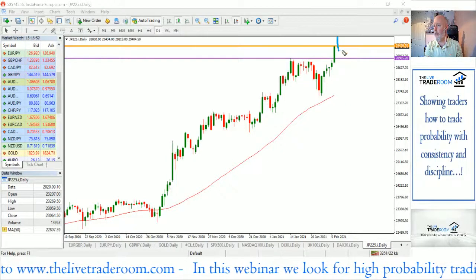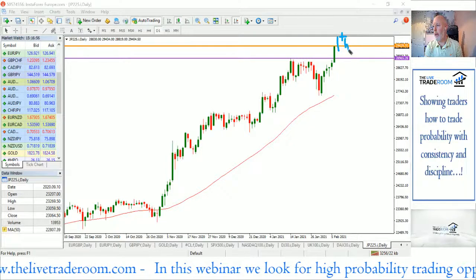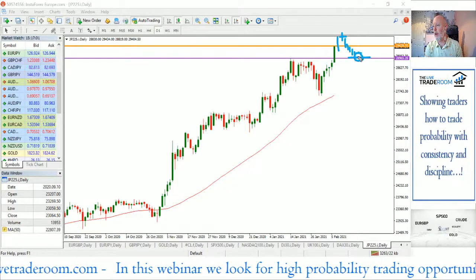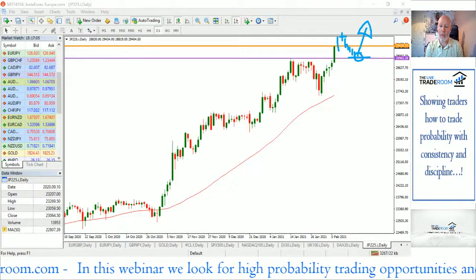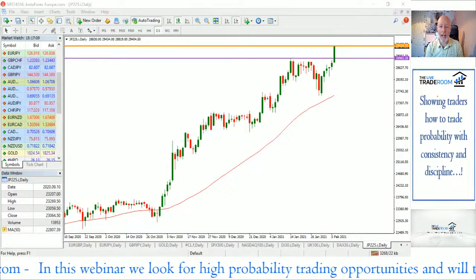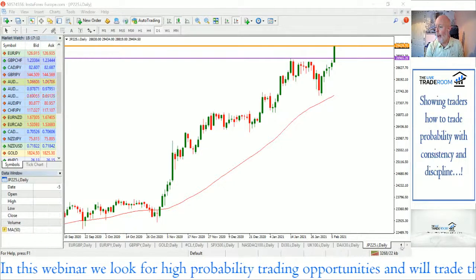So tomorrow, if it does this, and then we get a little doji candlestick, and then we get what you always get, which is the strong pullback, that could be your next opportunity to get in. So we want some of these markets to start behaving in some form of normal fashion now, if we possibly can.